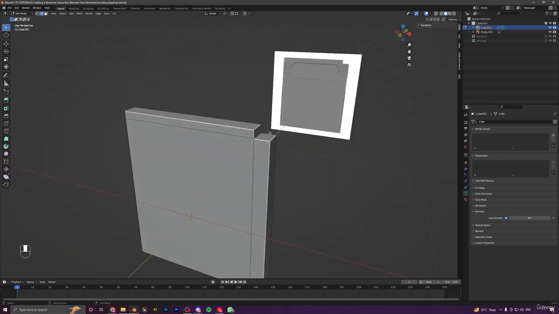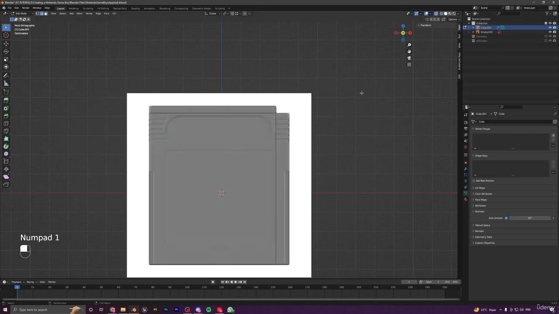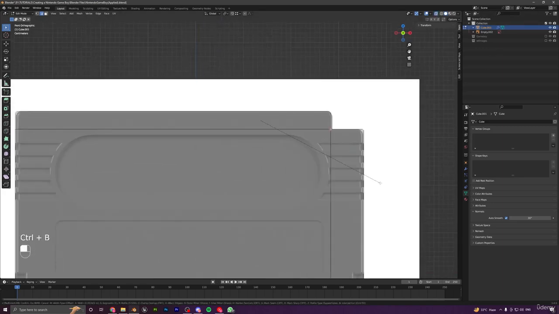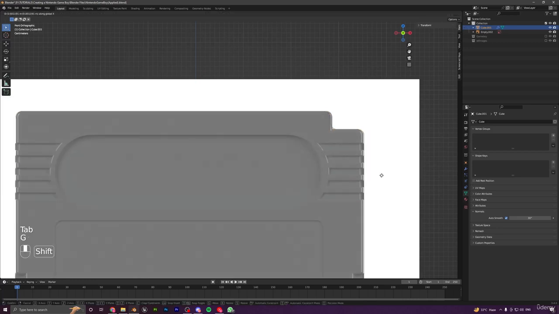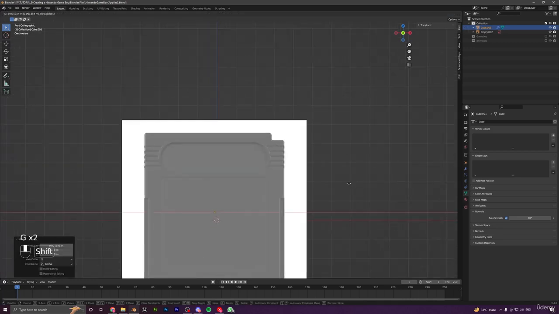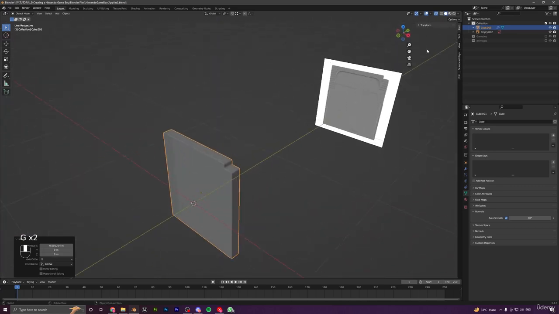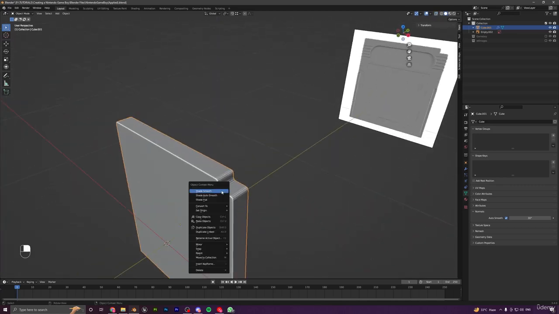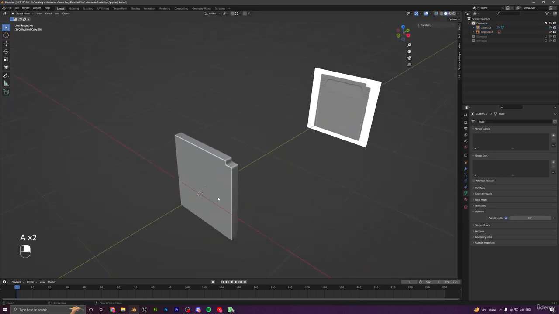So hold Shift and select all of them. Press 1, enable X-ray, and now just press Ctrl B and bevel them out like this. Yeah, that's fine. I think shade smooth this, enable auto smooth,